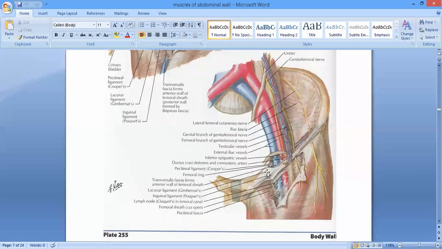ठीक है? Upwards and backwards, and they go to the pectineal line, पढ़े थे नहीं जी आपने? Superior ramus of pubis, right? So they are going to be tied to the pubic line, oh sorry, the pectineal line over here on the superior pubic ramus. So the fibers from the medial end of the inguinal ligament travel upwards and backwards and are tied over the pectineal line, ठीक है? Or the pecten pubis or the superior pubic ramus, right?